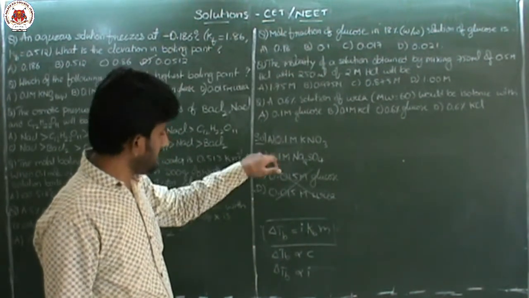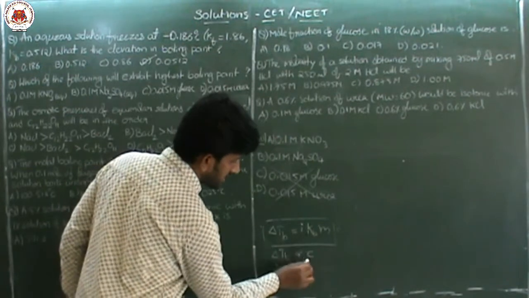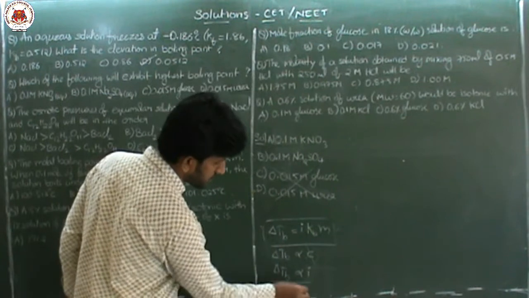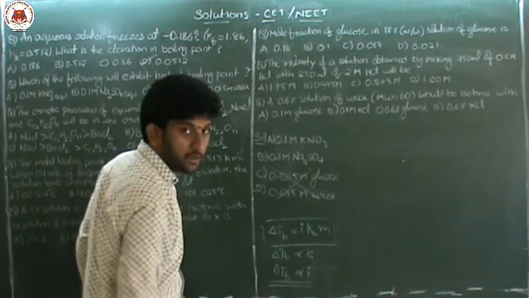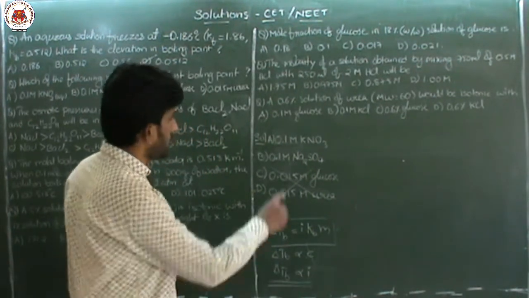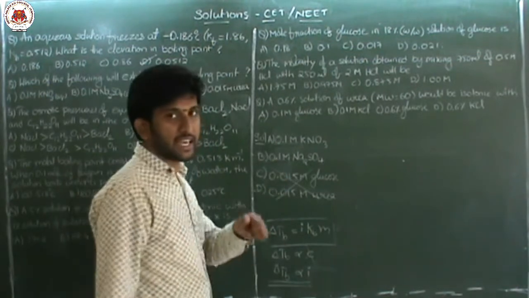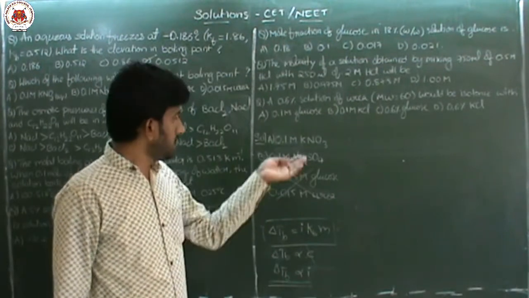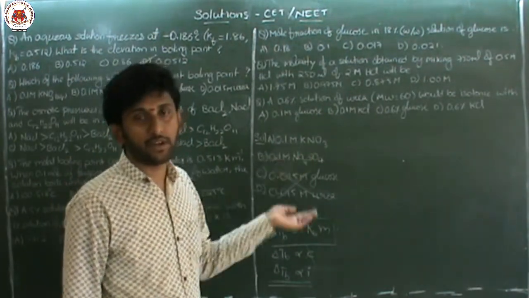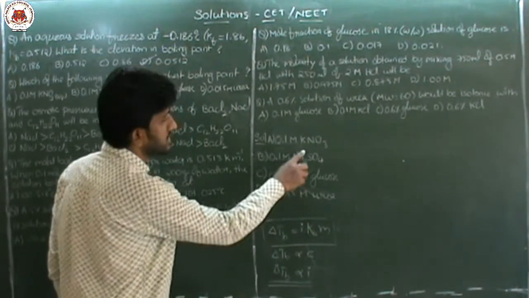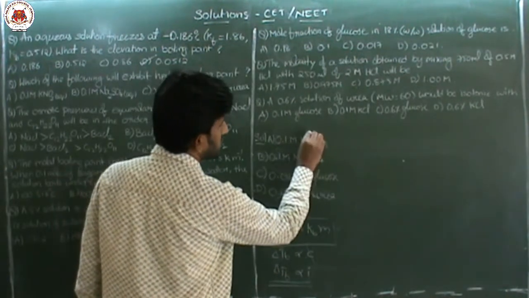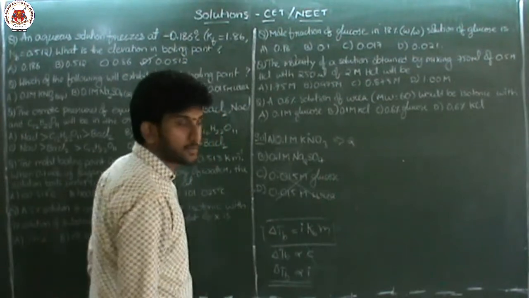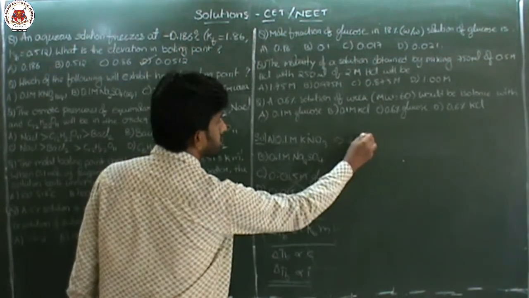Now again in these two, if concentration is common, then what is the next factor you should check? You should check for the i value. Now among these two, which is having the highest i value? What is the i value? It is the van't Hoff factor. Number of ions you can check. Number of ions in this is K+ and NO3-. So 2 ions means i value is 2.